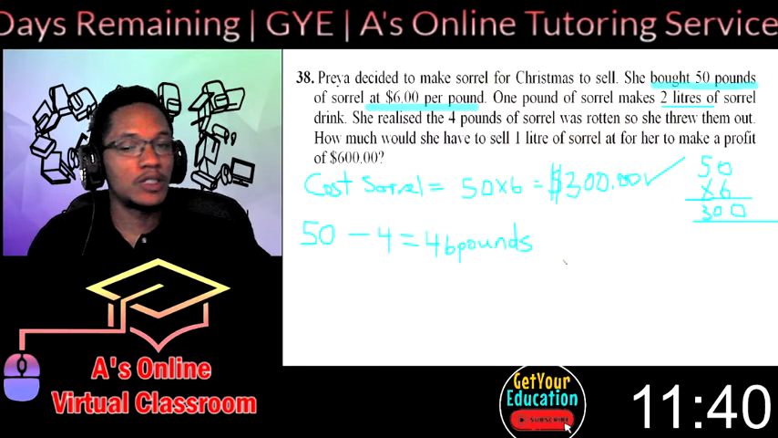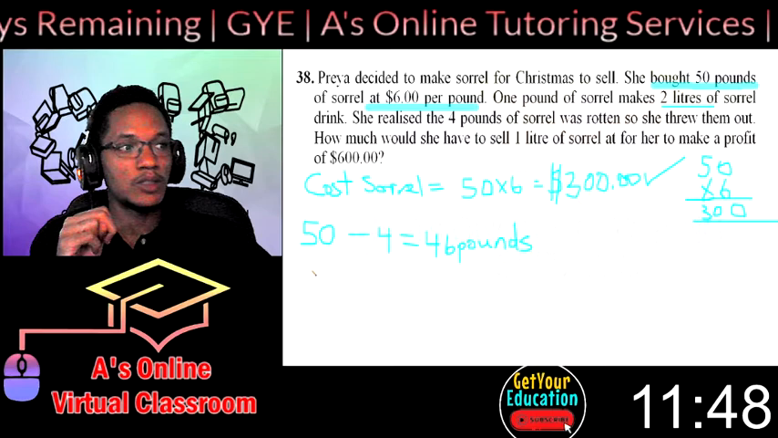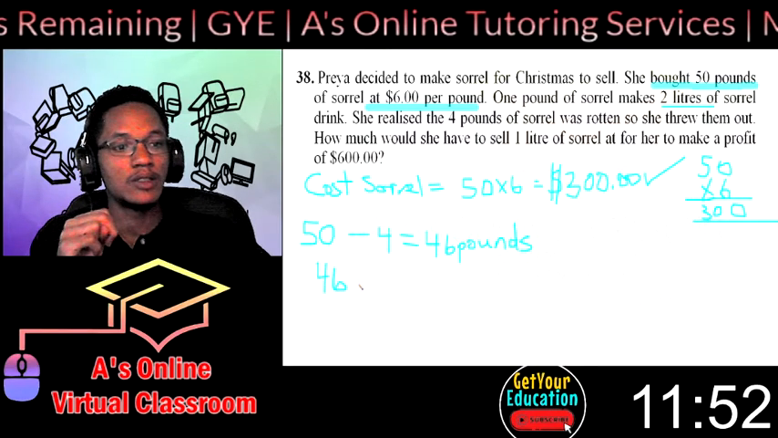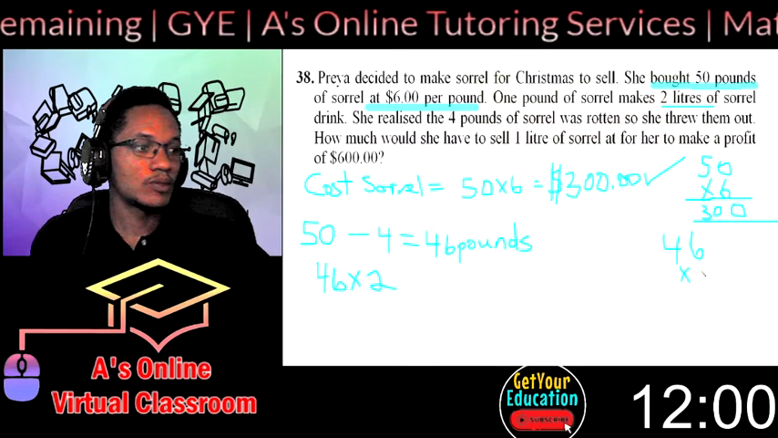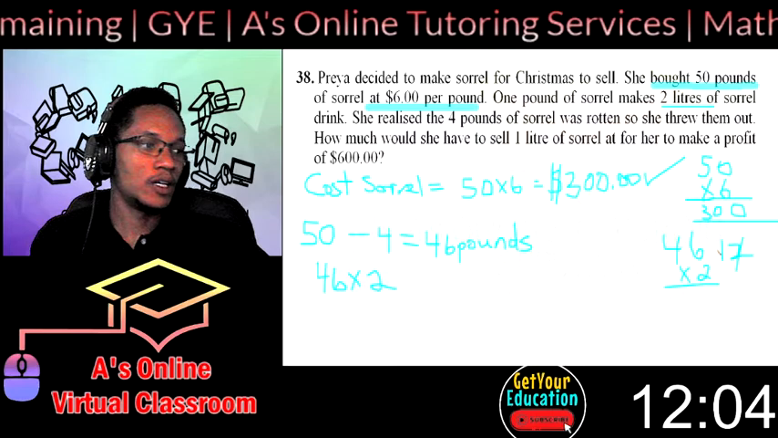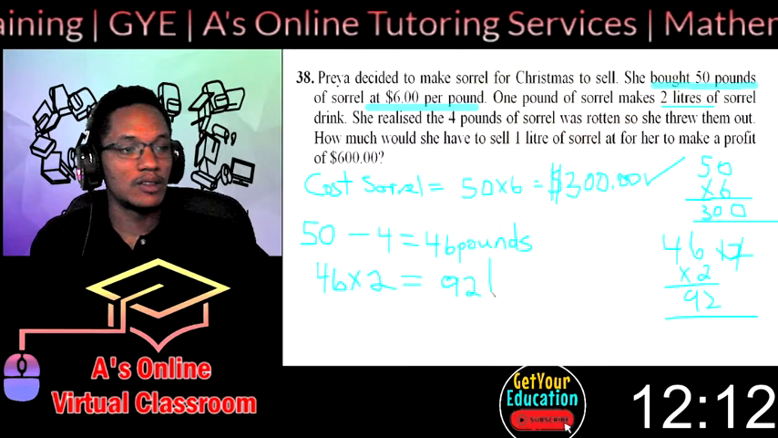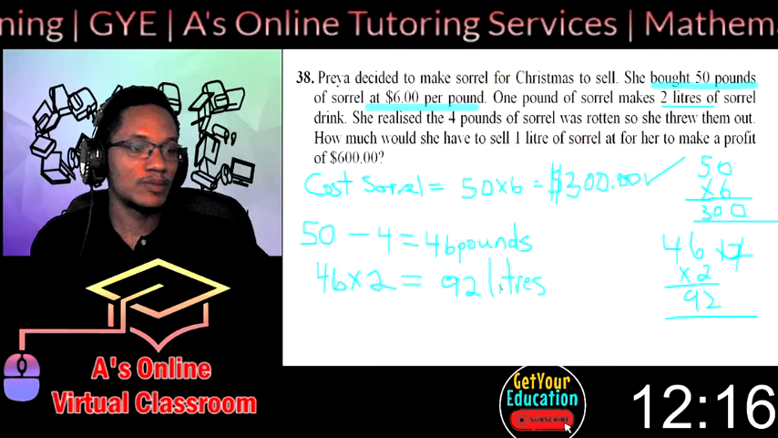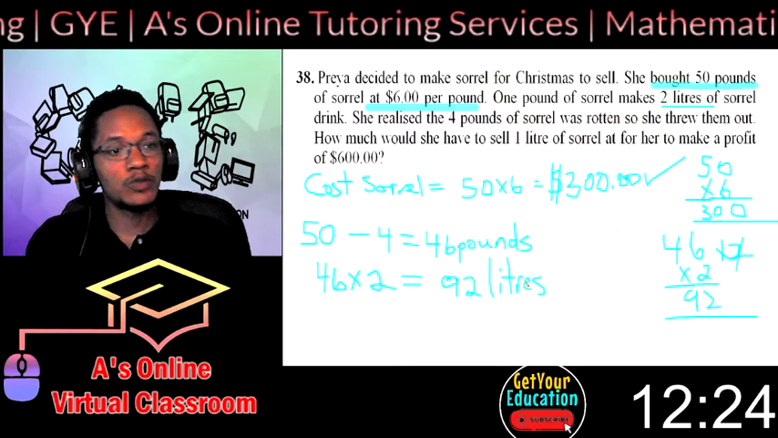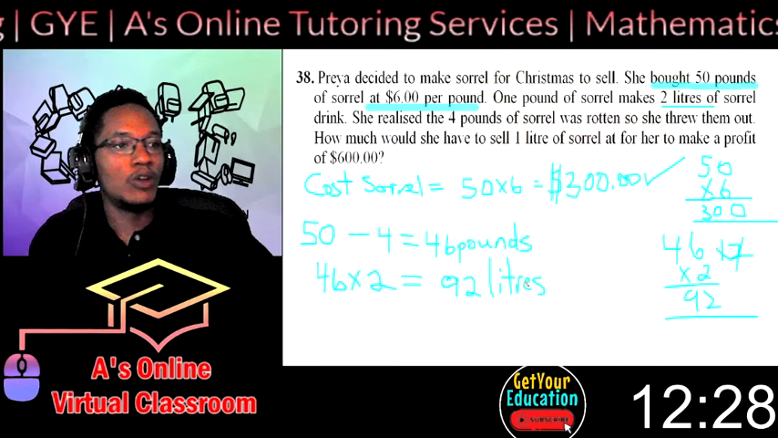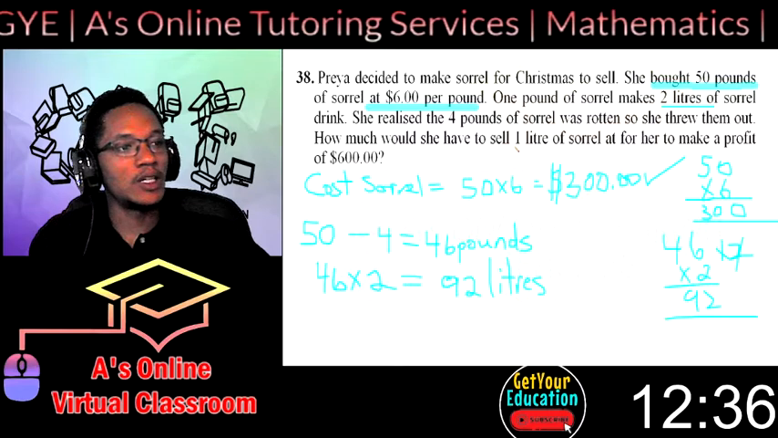So if she has 46 pounds, 1 pound making twice the amount of sorrel, she'll be making 46 times 2, because every pound she's getting 2 liters. So 46 times 2, 6 2s are 12, 2 4s are 8, plus 1 is 9. So she's going to get 92 liters of sorrel drink. 1 pound of sorrel makes 2 liters, so she has 46 pounds, so we multiply it by 2. Now, with these 92 liters of sorrel drink, how much would she have to sell each one for if she wants to make a profit of